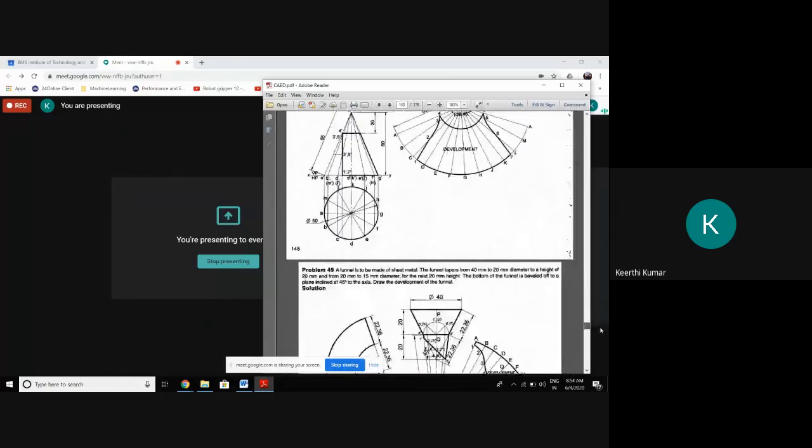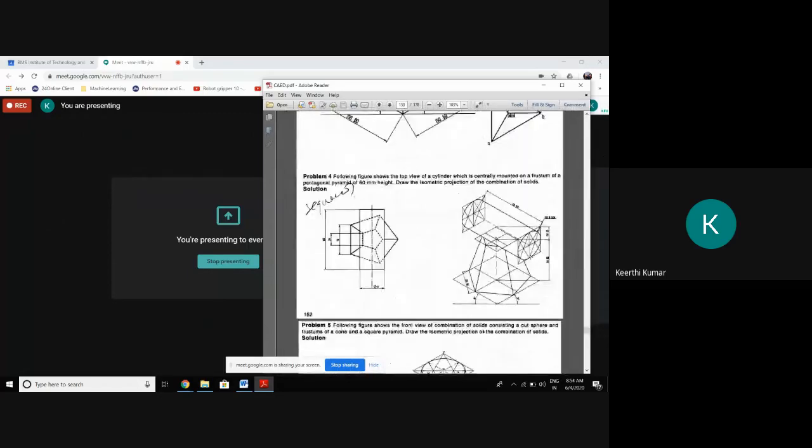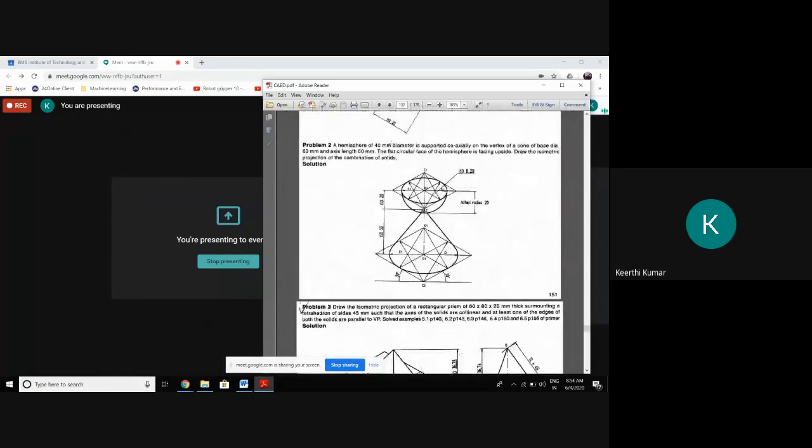Which problems will we solve today? We will go with this type of problems: cone and hemisphere. Yesterday, in the last class, we did square, rectangle, cube, and sphere, those concepts. A cube with a sphere above it, or a square prism above it. That means the base was in the form of a square or almost a rectangle. We are clear on those concepts.